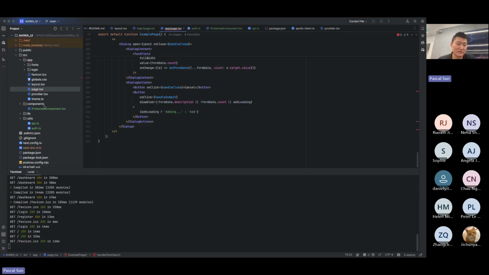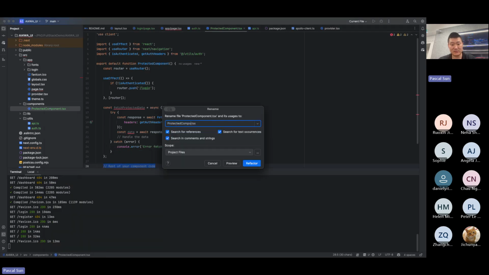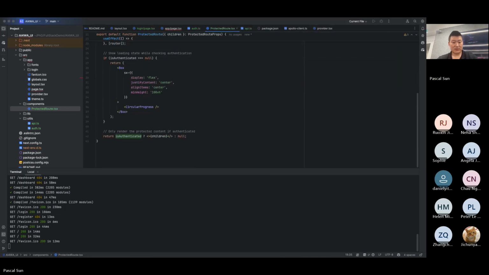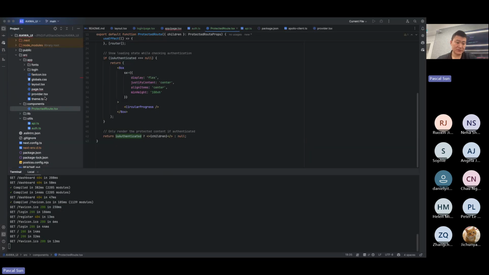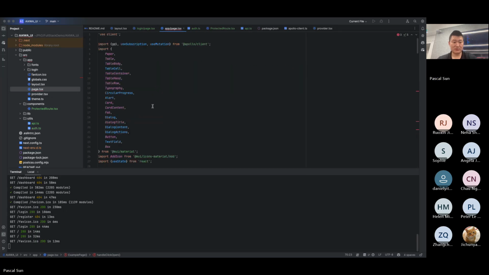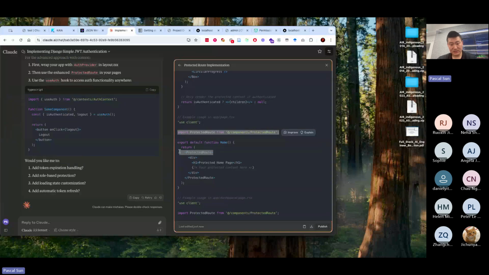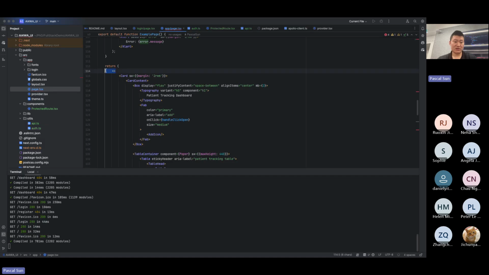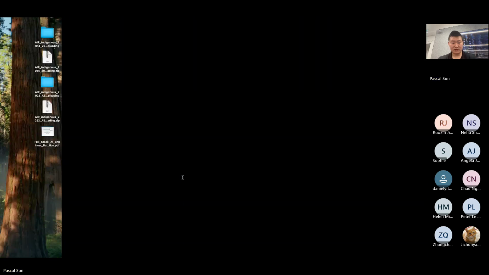and I have a component called this. I probably change the name of it. We refactor it to the protected root. And yes, I want to rename it, and I put that in. So I have a protected root. And in my home page, which we used yesterday, we imported this root, and it asked me to add the protected root on top of everything. Then it's pretty straightforward. We added this in,